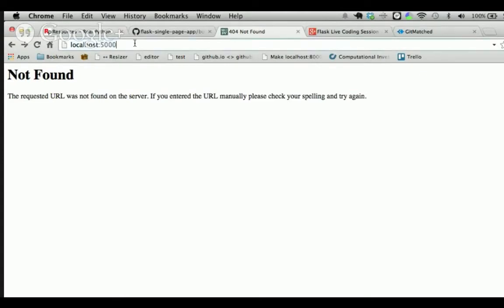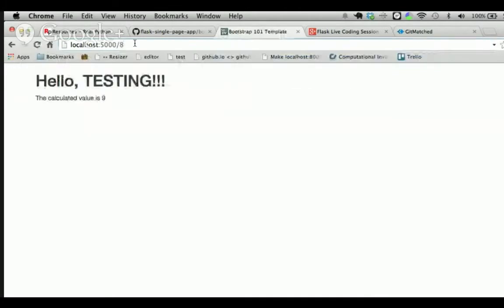So how about we test out 8? So 8 is passed from the client side to the server side. We're adding 1 to it, and then we return it back to the client side by passing the new value as a template argument. So I hope that makes sense.